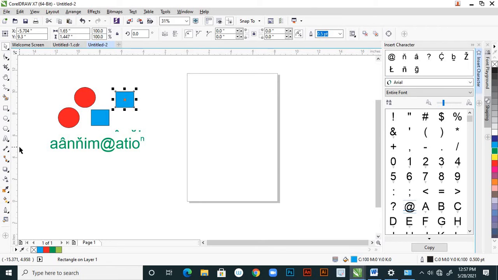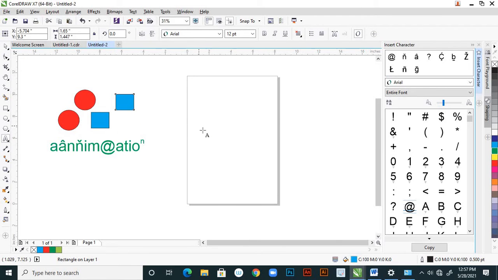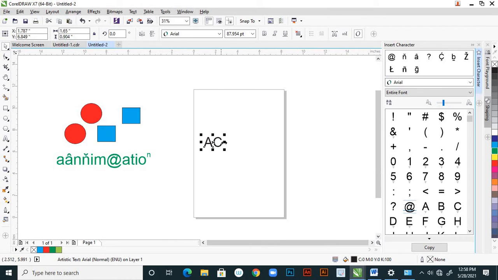Here, right, A and suppose C, right? These are my two texts. You can make it a bit big.